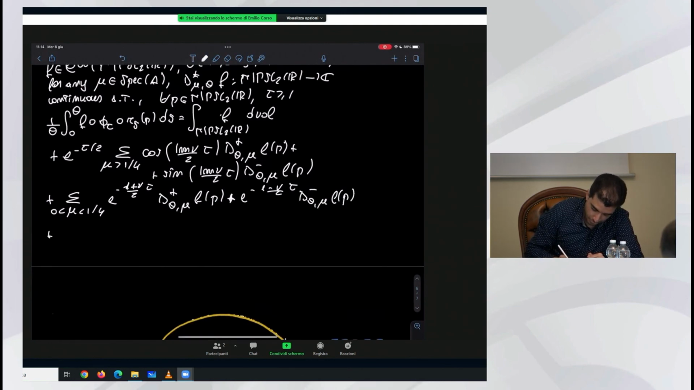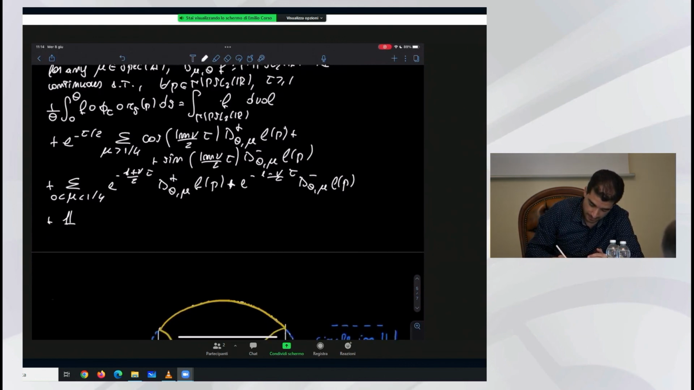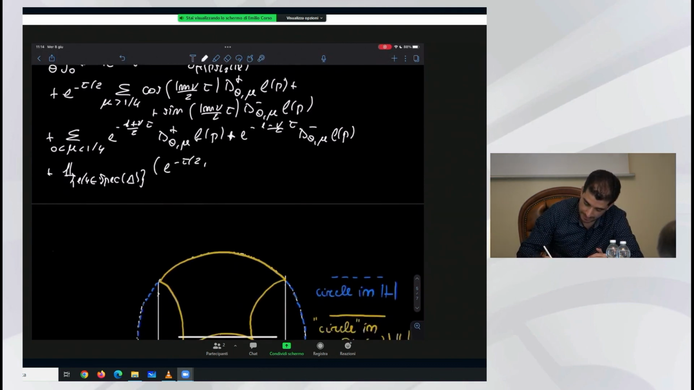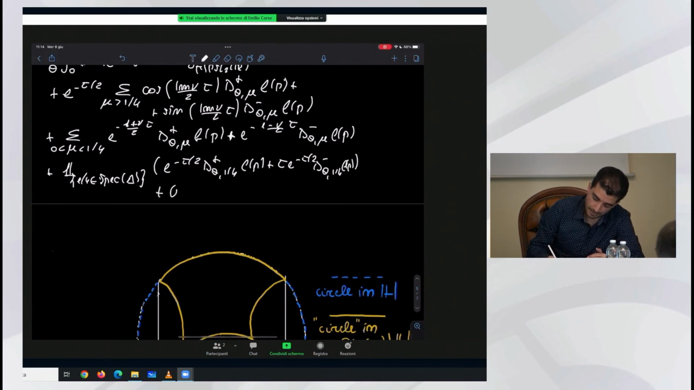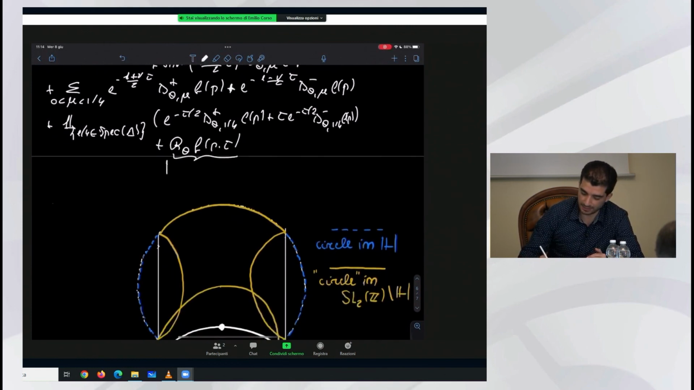Then I have a contribution coming from the fact that 1/4 lies or not in the spectrum. So let me call that the indicator function of 1/4 belonging to the spectrum, times, so I have again a term e to the minus t halves d plus theta 1/4, plus t e to the minus t halves d minus theta 1/4. And finally, I have a remainder term, r theta of f pt, where this, in absolute value, is bounded by some universal constant depending only on the surface or ultimately on the lattice gamma,